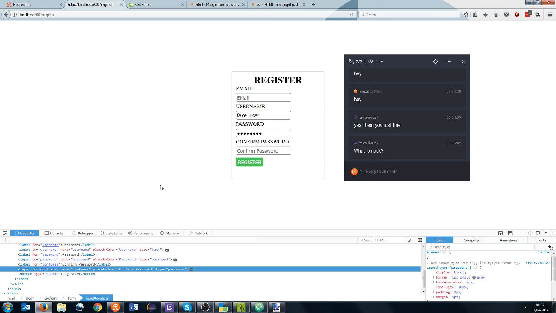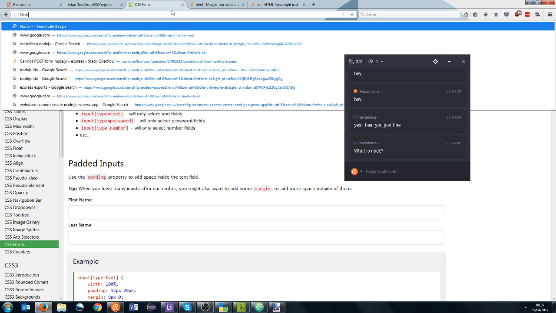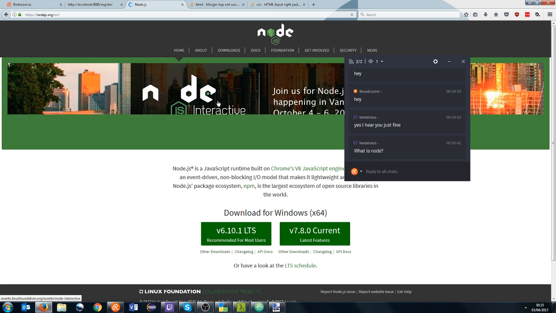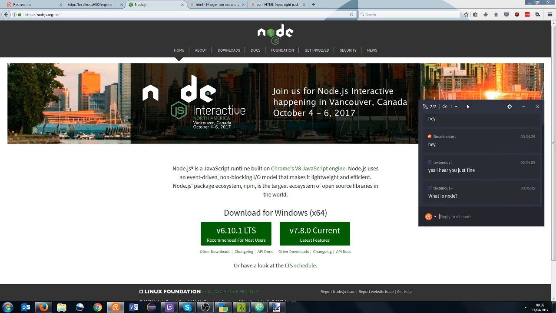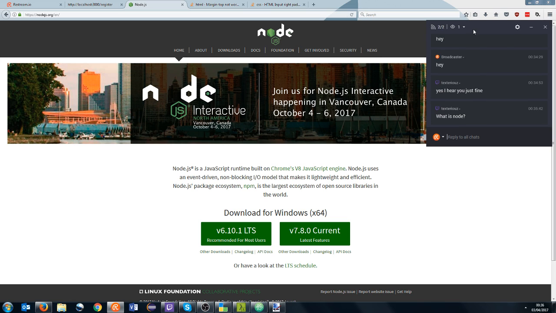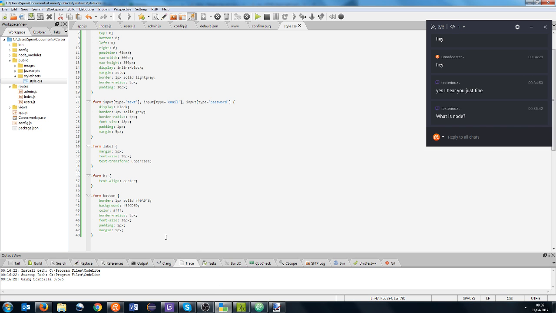NodeJS, don't know if you're aware of NodeJS, but NodeJS is a fantastic framework, I suppose, written on the, what's the name for it? The same JavaScript engine that runs Chrome, basically. So you can use things. This text editor was written using JavaScript and a framework called Electron by GitHub, or the people that own GitHub anyway. So